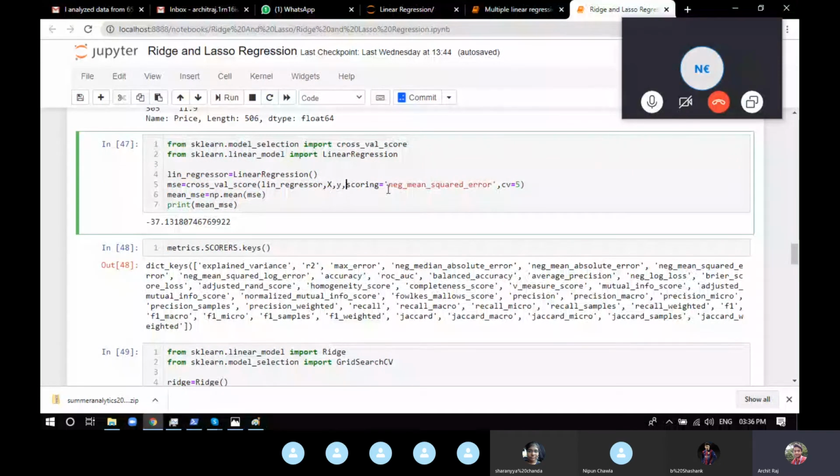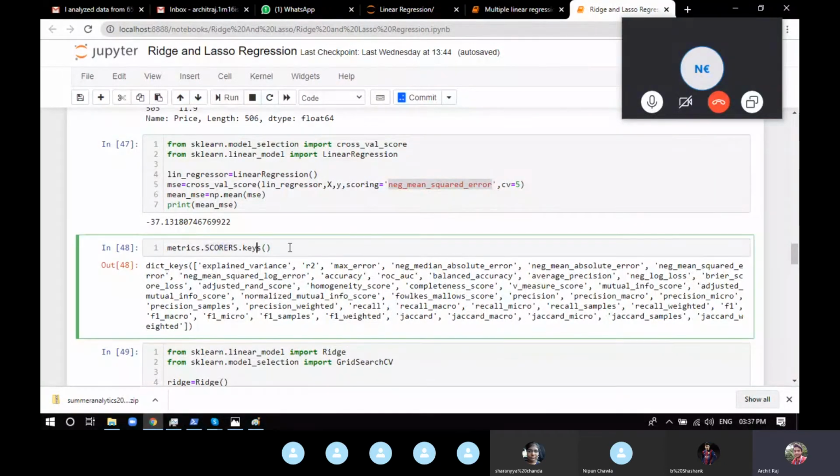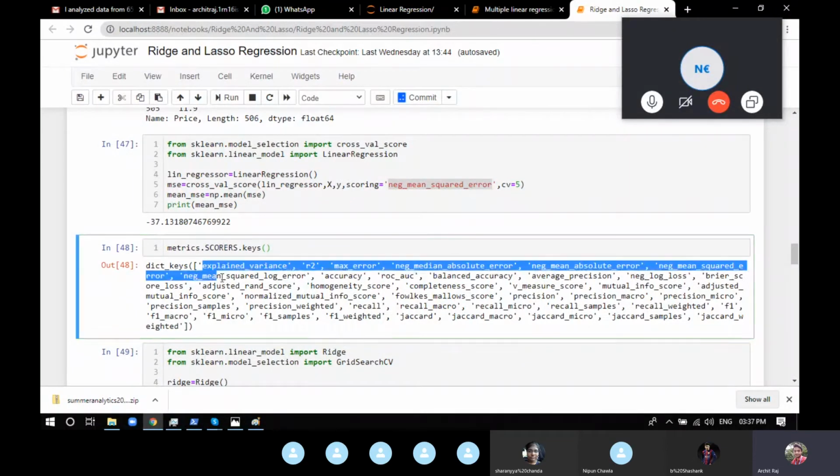Like yesterday, when I told you about cross validation or any validation, it checks the accuracy or any validation score that you can provide. It can be accuracy, precision, mean squared error, root mean squared error, whatever. So you have to provide something like that. Now, if you want to know what all attributes you can provide here, there's a function which is metrics.SCORERS.keys. If you run this particular function, you'll get all the dictionary keys which are allowed.